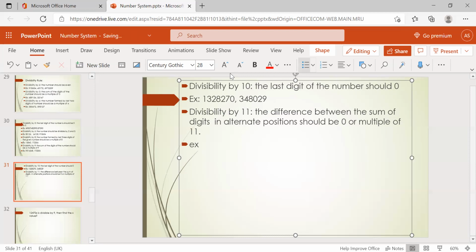For example, you will understand this better. Take 275. How are we going to check whether it is divisible by 11 or not? First of all, we have to check the digit difference. Not subtracting the digits, the difference between the sums of the alternate digits. 2 and 5, what is the sum here? 7. And here 7. So the difference of 7 and 7 is 0. So this number is divisible by 11. Okay, we'll take another number for better understanding.